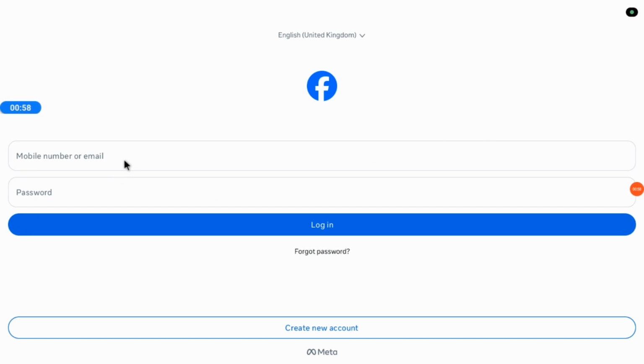So if you have a mobile number, put it there. If you're using the email, type your email in right there. The second dialog box is for your password. After putting in your password, click on login and you should find yourself landing safely and softly on your home